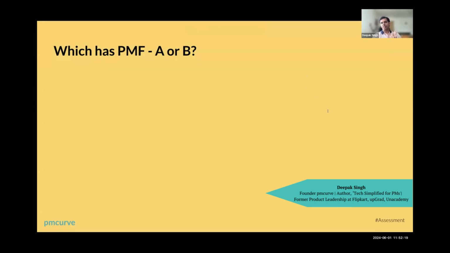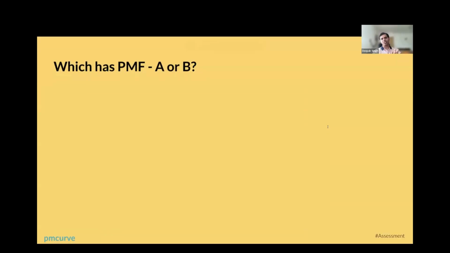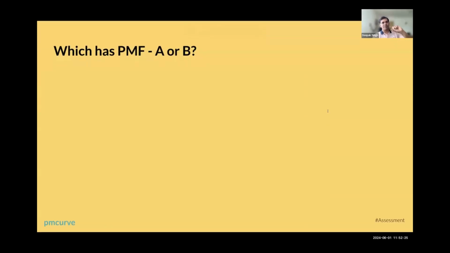Abhilash has this question: this retention is flattened at 8%, how can we know if this is good or bad retention level? So Abhilash, I think we'll come to this particular question in improving retention. I don't want to give a premature answer to this, but it is answered in how do you benchmark and improve retention.